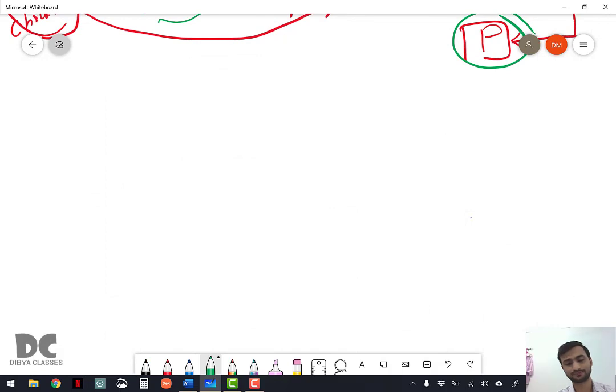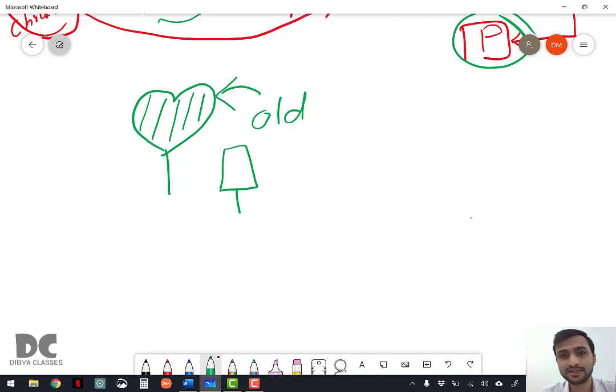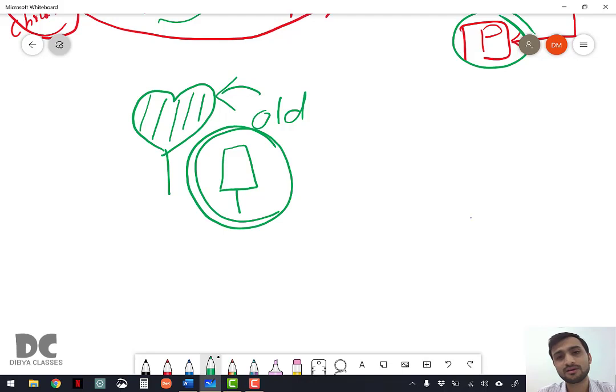For example, when they started making love-shaped ice creams for the younger generation, the older generation said no, we don't want this type of ice cream, we want our old style. Only young people don't eat ice cream, right? Everyone eats ice cream, from a small child to an 80-year-old person. So they want their old one also. So now what will A do?